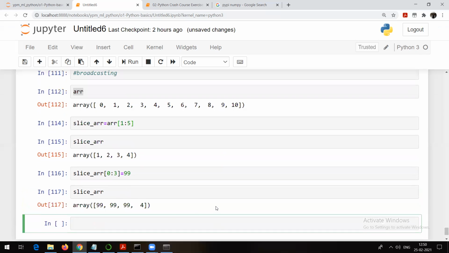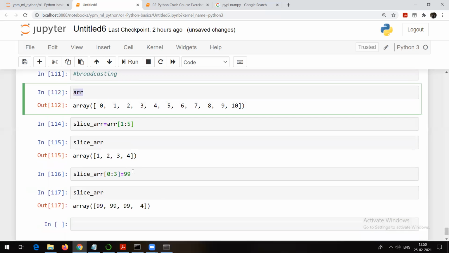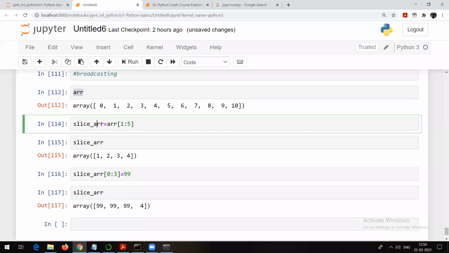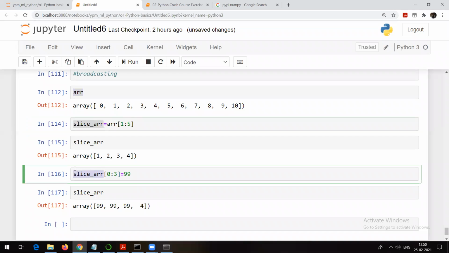Right? Now my question to you is, will there be any change in the original array arr? See, this is my original array. I have taken a part of that original array and assigned it to this particular variable. Now it looks like this. I have overwritten some of the elements of the slice.